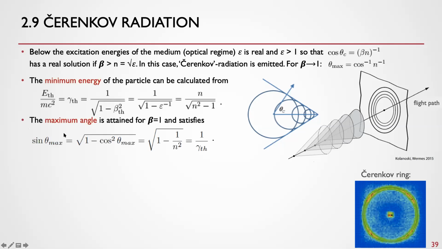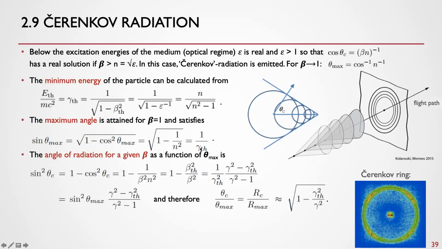It's conveniently calculated from the sine, which we write as 1 minus cosine squared, and the cosine squared of the maximum angle is derived from the equation in the limit of beta equal to 1, which just becomes 1 over n squared, and that sine of the theta max angle is 1 over gamma